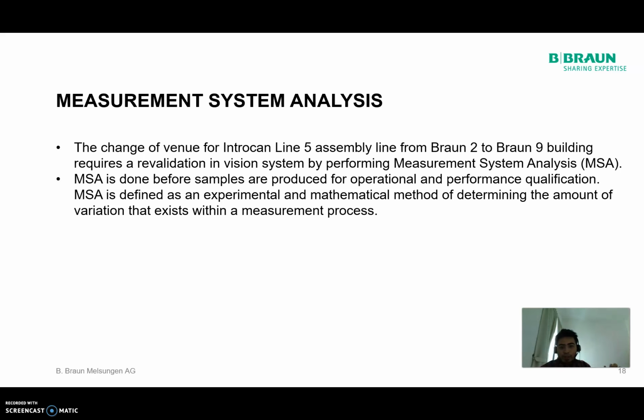Measurement system analysis, which I mentioned just now, is to inspect the functionality of visual inspection. The change of venue for the Introcan Line 5 assembly line from Brown 2 to Brown 9 building requires a revalidation of the vision system by performing measurement system analysis, MSA. MSA is done before samples are produced for operational and performance qualification. MSA is defined as an experimental and mathematical method of determining the amount of variation that exists within a measurement